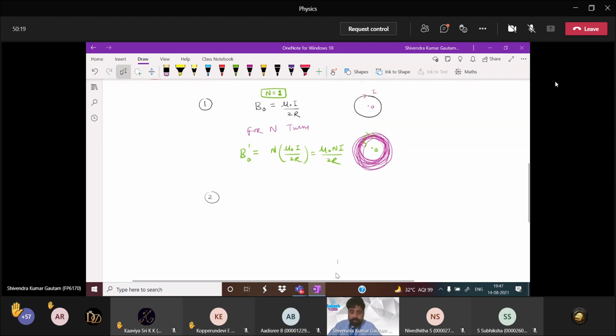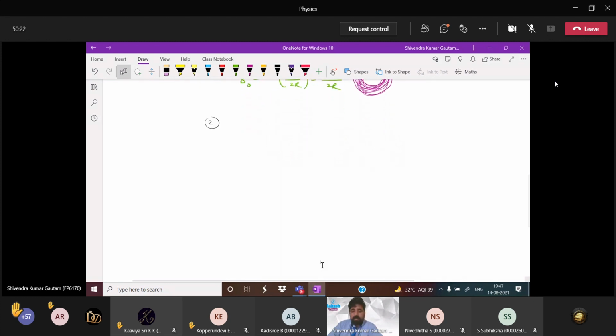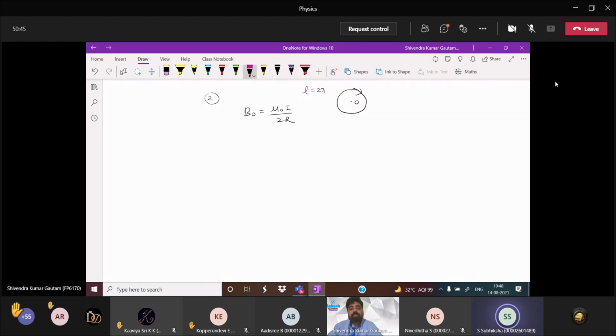See the second point, everybody. Due to a circular loop, we calculated the magnetic field at the center as mu naught I divided by 2R. Tell me, how much length did we get here? We got 2 pi R, or not? Yes, sir, 2 pi R. Now I am asking you, if here we have a semicircular wire